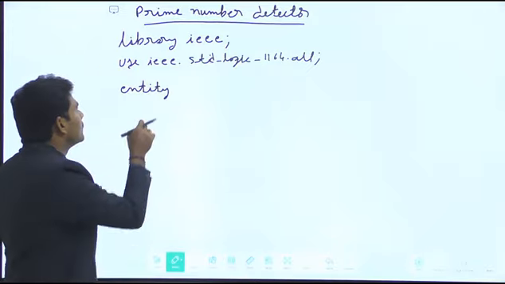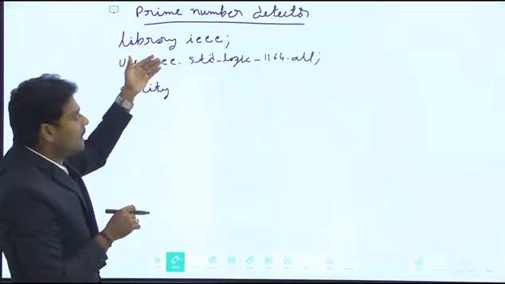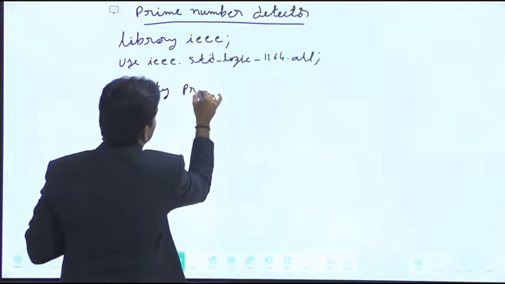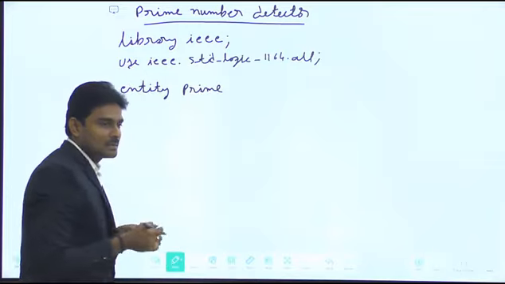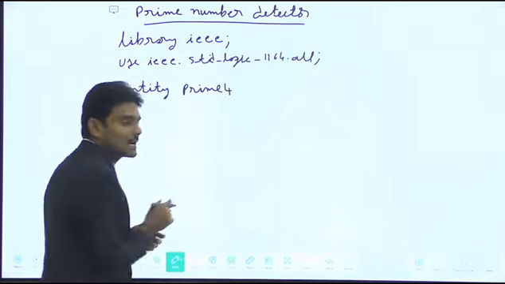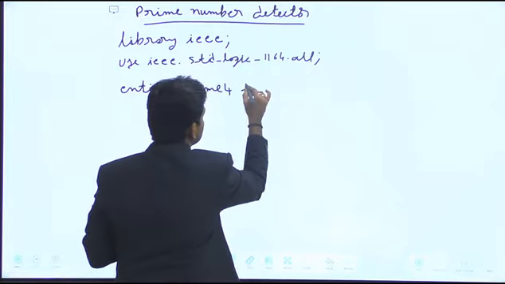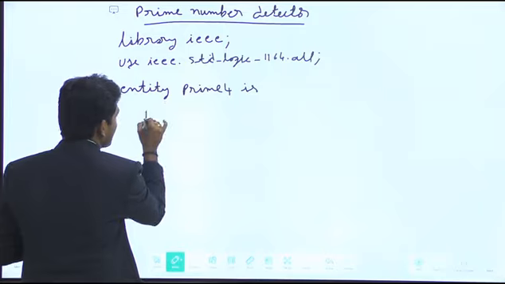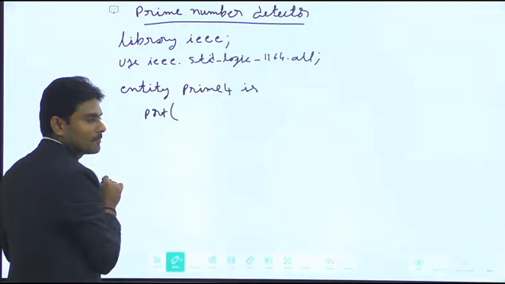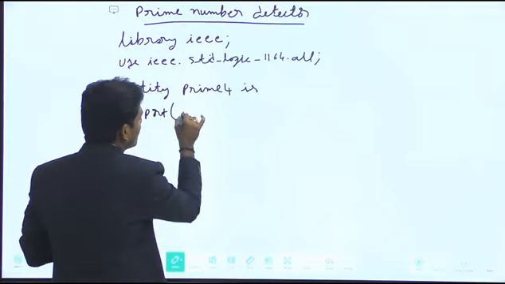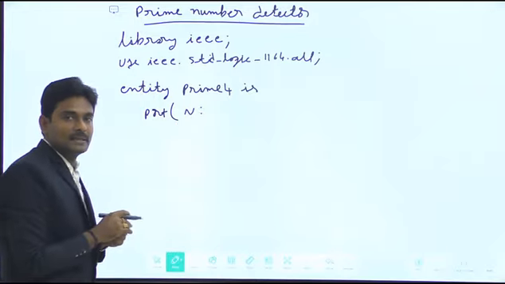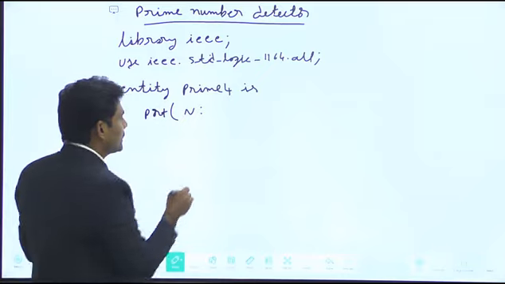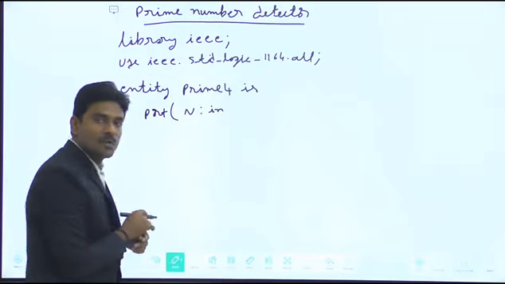So I started with the entity after declaring the library and package. Entity name, let me say, is prime, where it consists of 4 inputs, so prime 4 is what I am mentioning. Entity name is prime 4, then port declaration after that. Port: what are all the inputs? Inputs are N0, N1, N2, N3, so I am mentioning them as an array, N. All these are inputs, mode is in.